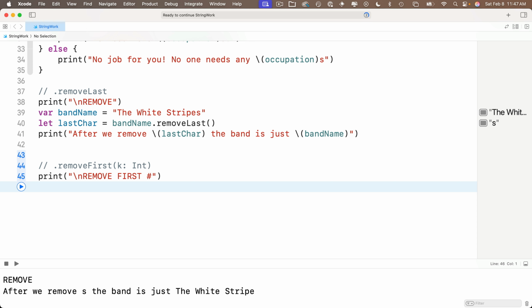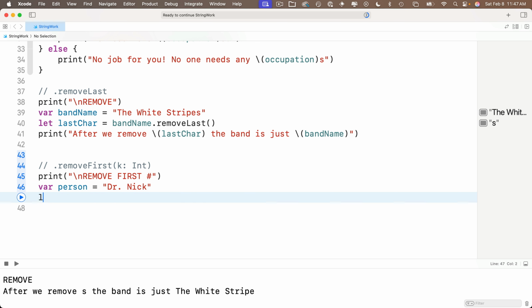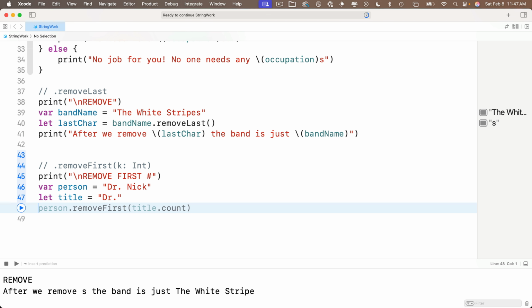And as our example, why don't we revoke the license of the worst doctor in the history of cartoondom? I'm speaking, of course, of Dr. Nick from The Simpsons. So in the next line, var person equals, and in quotes, Dr. Nick, and below that we'll say let title equals the string Doctor, entered just as the title above it. And we'll write this so we can remove any title from any person's string. So we'll say